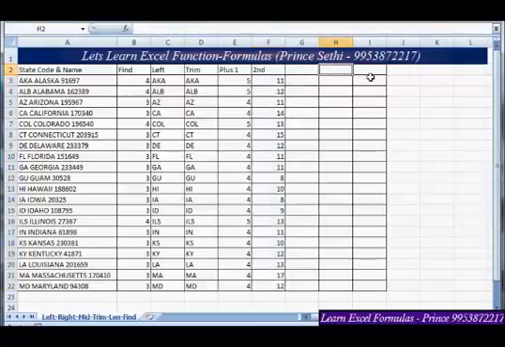Right now I can use the mid function. Firstly let's see how the mid function works. It is equals to mid, my text, my start position, and after that the number of characters. We don't have the number of characters.